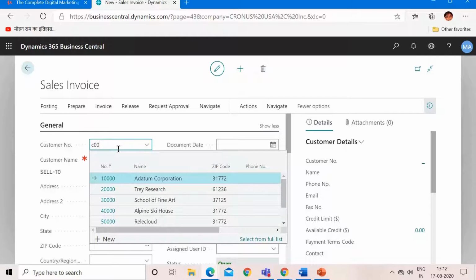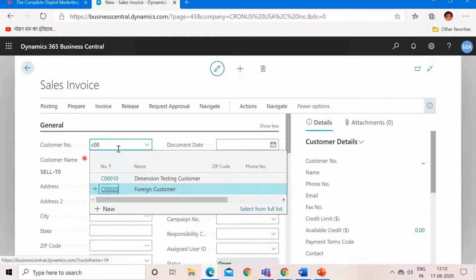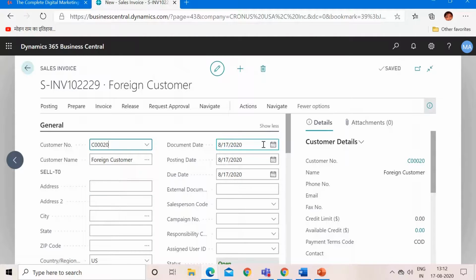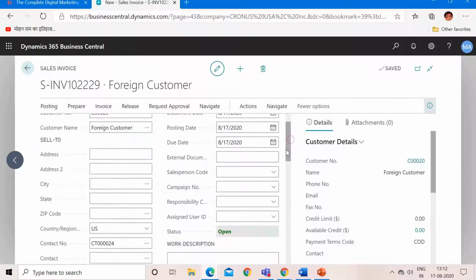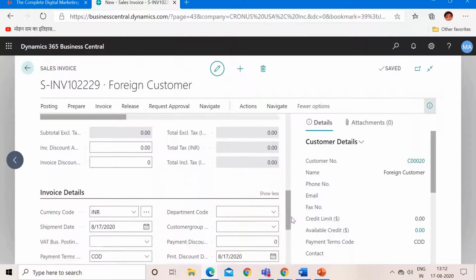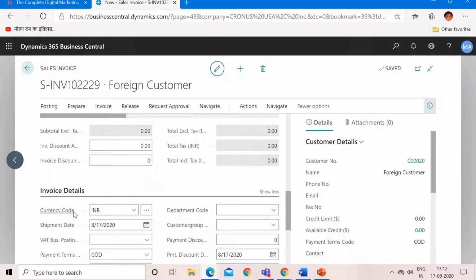In our case I have already created one new foreign customer whose currency code is INR. So I'm selecting this customer, and if we look into the invoice details, there's a field called currency code, and by default the system picks the INR currency from the customer card.